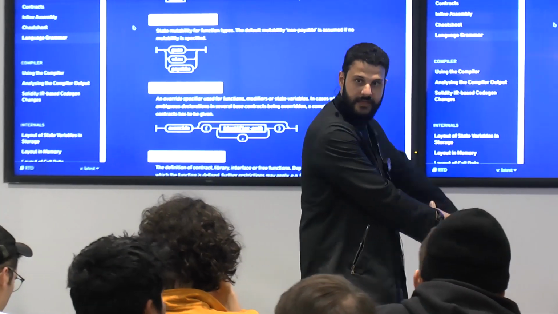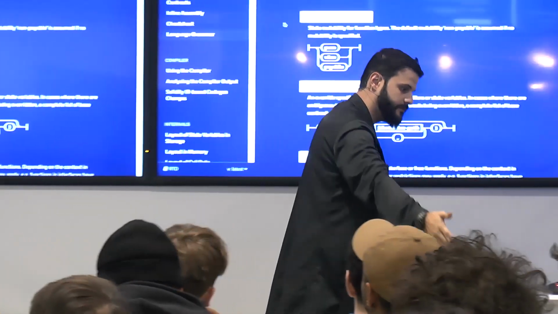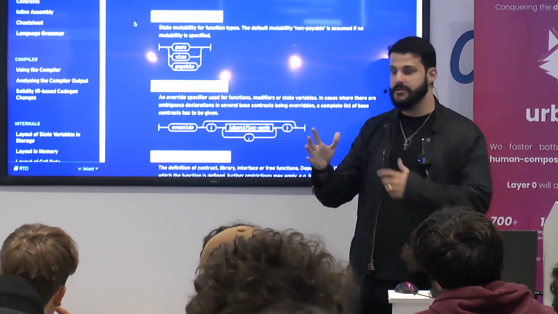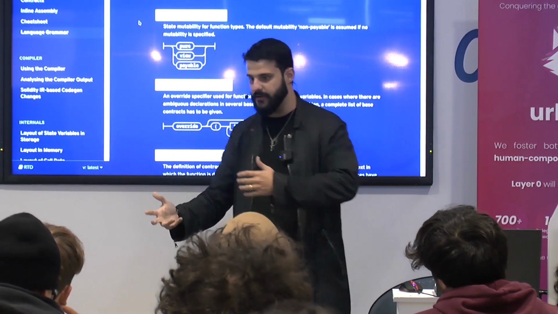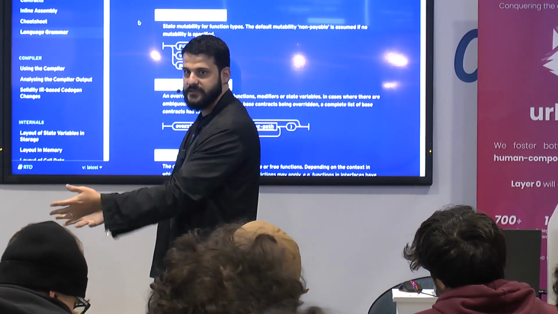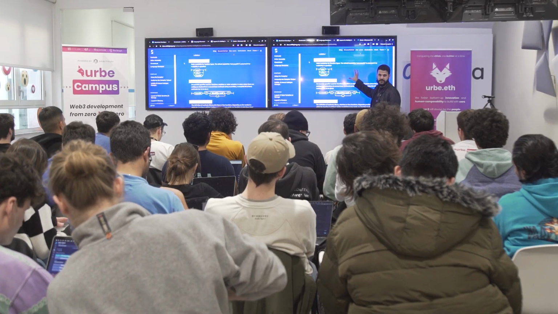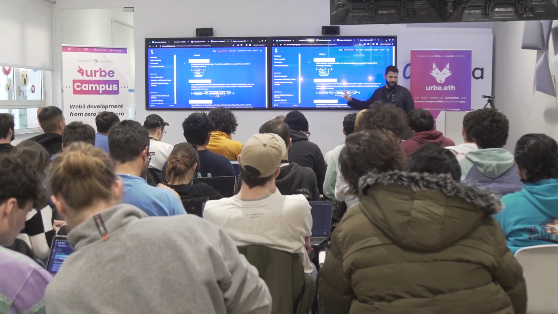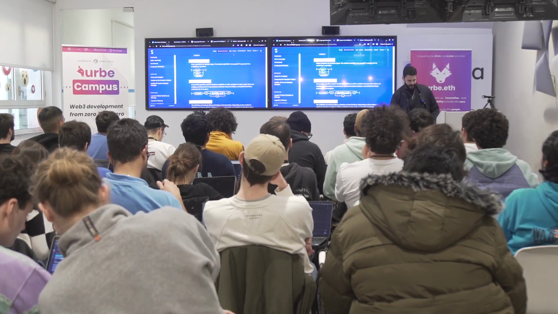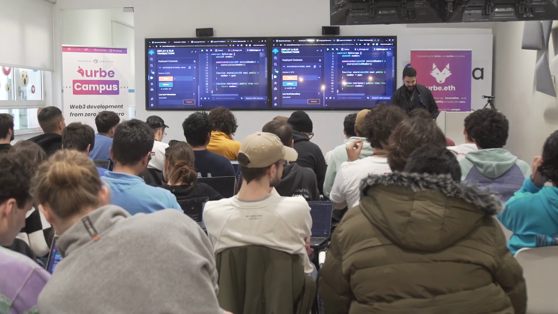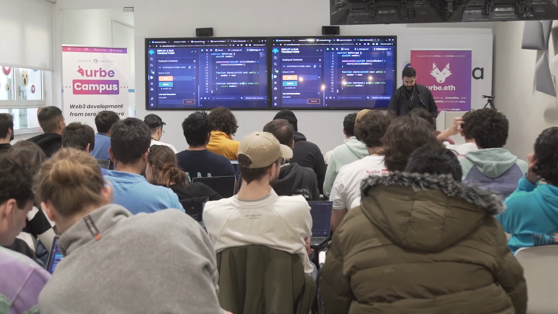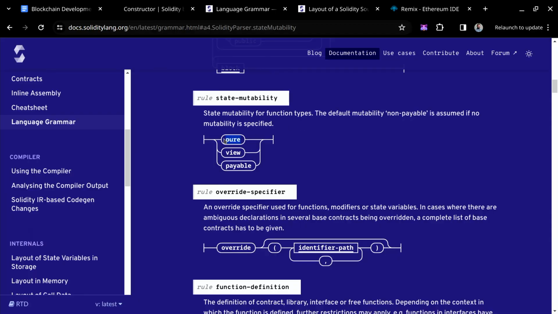You already paid for the entry of the park, but you still need to pay for the other amusements, okay? One thing is paying to enter the park, the other thing is paying to access things inside the park. The same thing happens to those transactions calling functions, okay? The first one and easiest one is the pure option. That is when you don't pay for the transaction and you don't pay for the function and